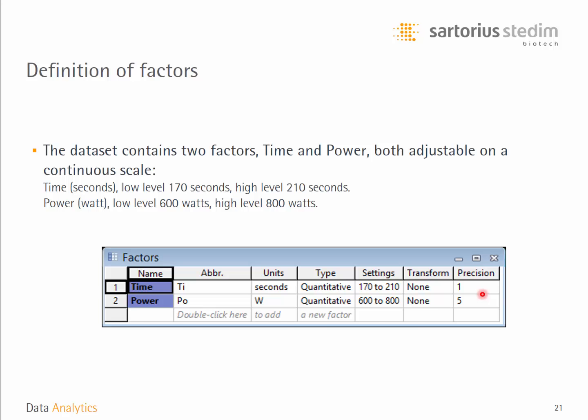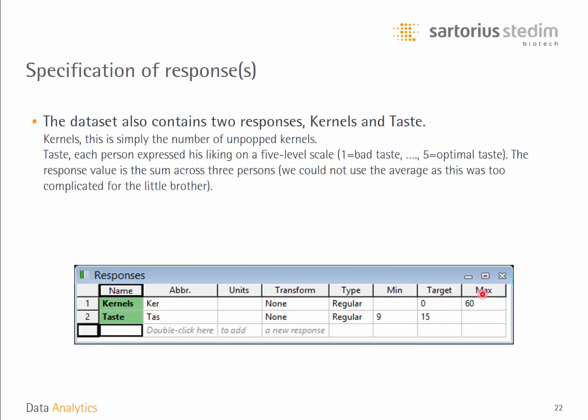In the next stage, you're defining what you can measure to characterize the experimental runs. These are the so-called responses. And also here we had two variables, kernels and taste. Kernels is simply the number of unpopped kernels remaining after popping a bag of popcorn